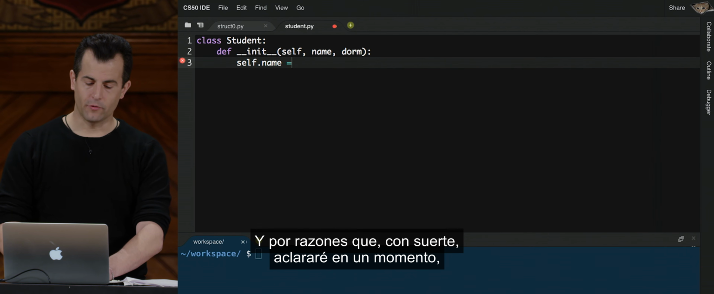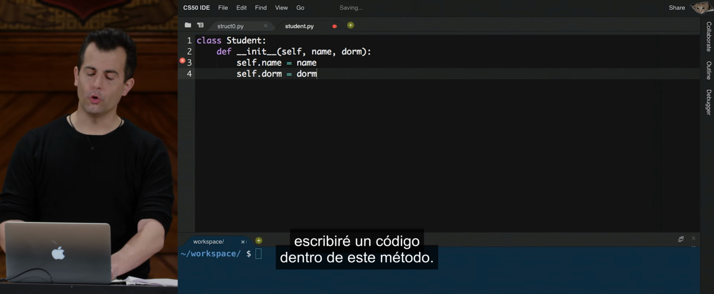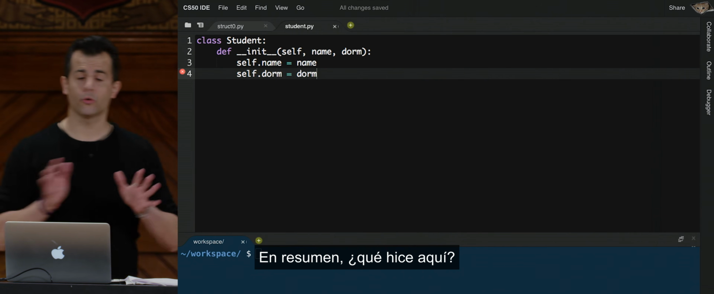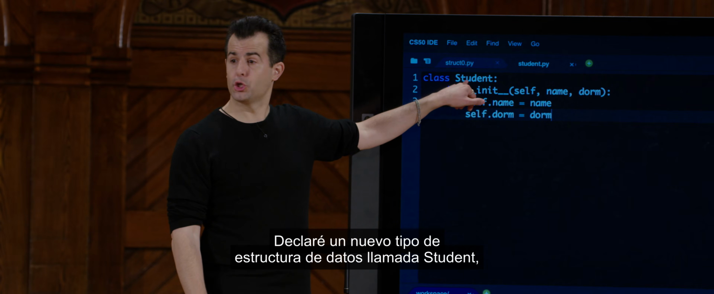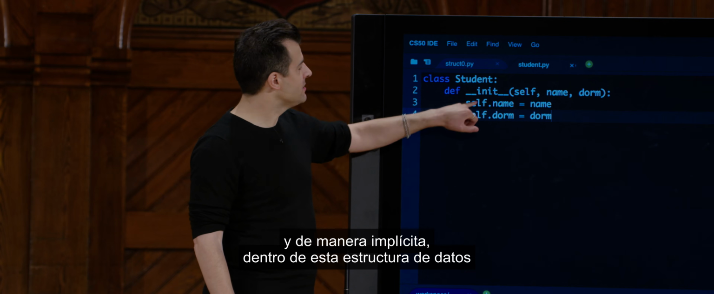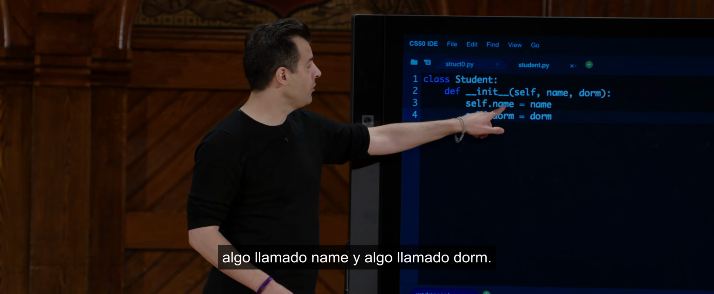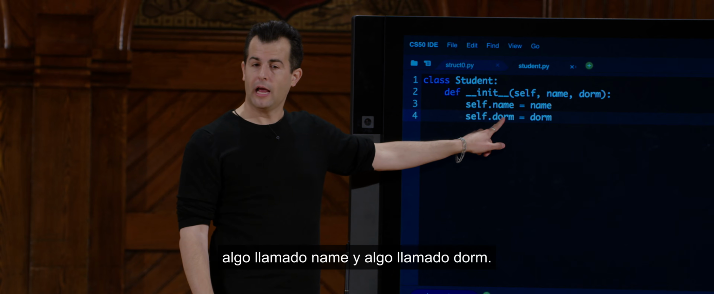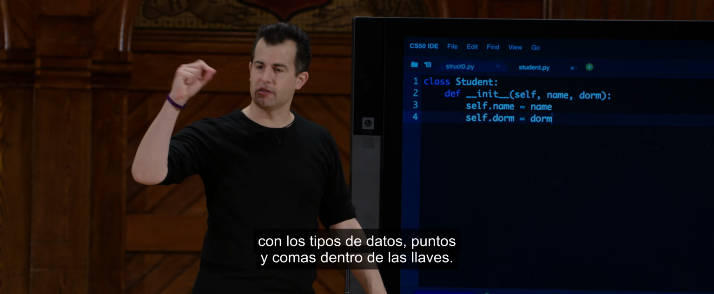And then, for reasons that will hopefully be clear momentarily, I can write some code inside of this method. So long story short, what am I doing? I have declared a new type of data structure called student, and implicitly inside of this data structure, there are two things inside of itself. Something called name and something called dorm. And this is how you would, in a C struct, typically do things with the data types and semicolons inside